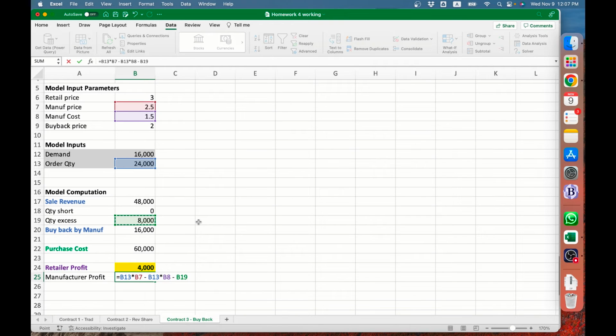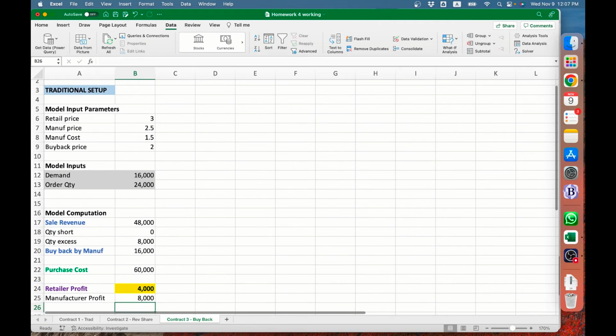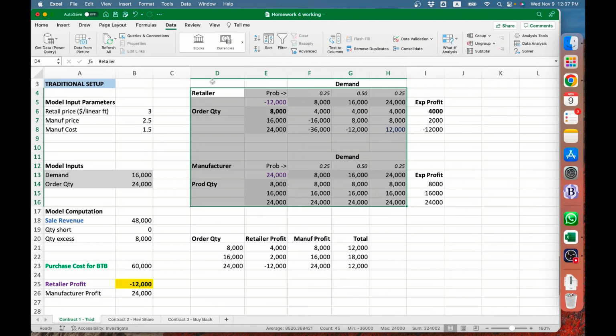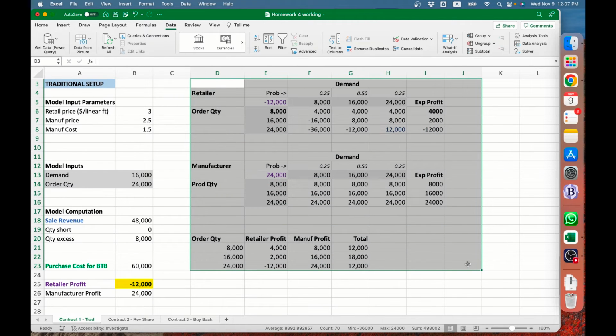So they're going to have to pay $2 for that, so they have to buy that back. So their main revenue minus their production cost minus the buyback money they have to pay the retailer to buy that stuff back, that becomes their profit. Then you can just copy paste this data table stuff and rerun the data tables to see what the expected